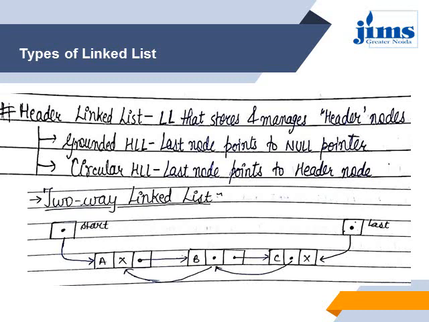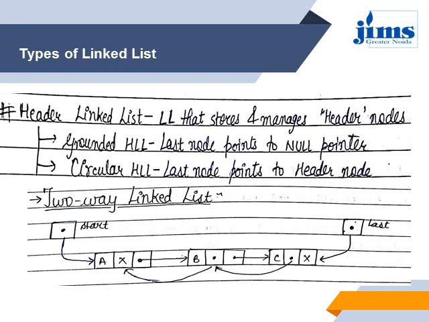Now, what is a two-way linked list? In all the other single linked lists, we were traversing the list from front to back, from the first node to the last node, using the start. Now there can be some scenarios where I want the last nodes to be addressed or visited first. In that case, I should be able to traverse my linked list both ways. So a two-way linked list provides you with that.